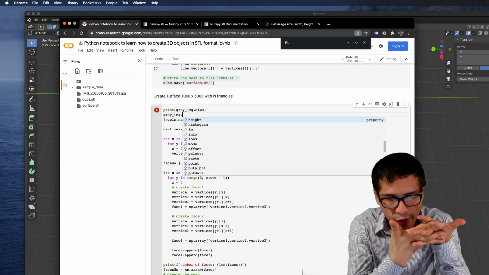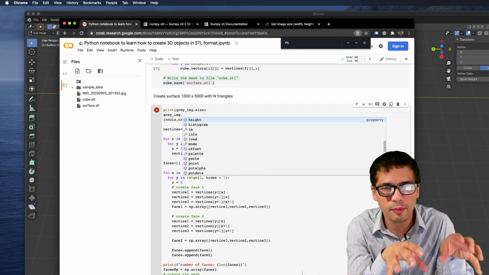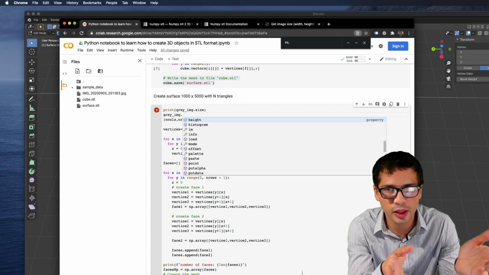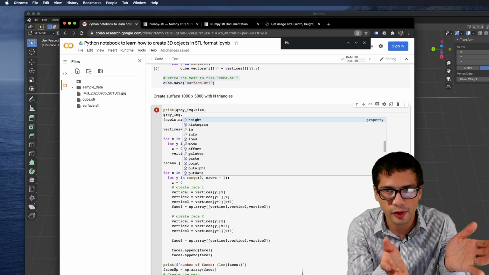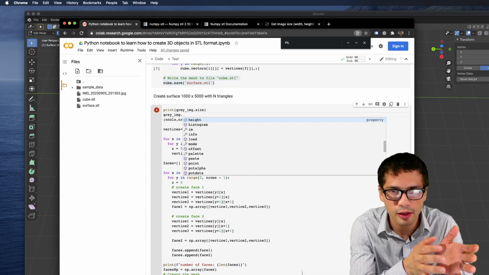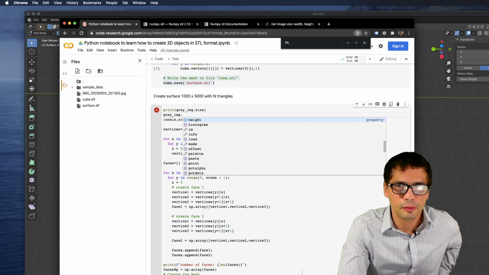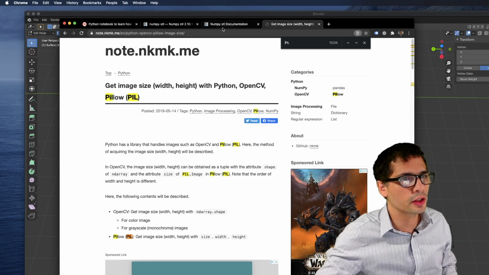The reason I'm resizing is because I want to make it exactly the size of our mesh in terms of the number I want it to be. For example, if our image is 500 by 500, I want to have 500 times 500 vertices, right? So it's easier. I don't have to do any clever mathematics. Okay, but 500 times 500 is also a lot, so we might not want that. So let's resize this image to something smaller. Let's look at the resize function in Pillow.